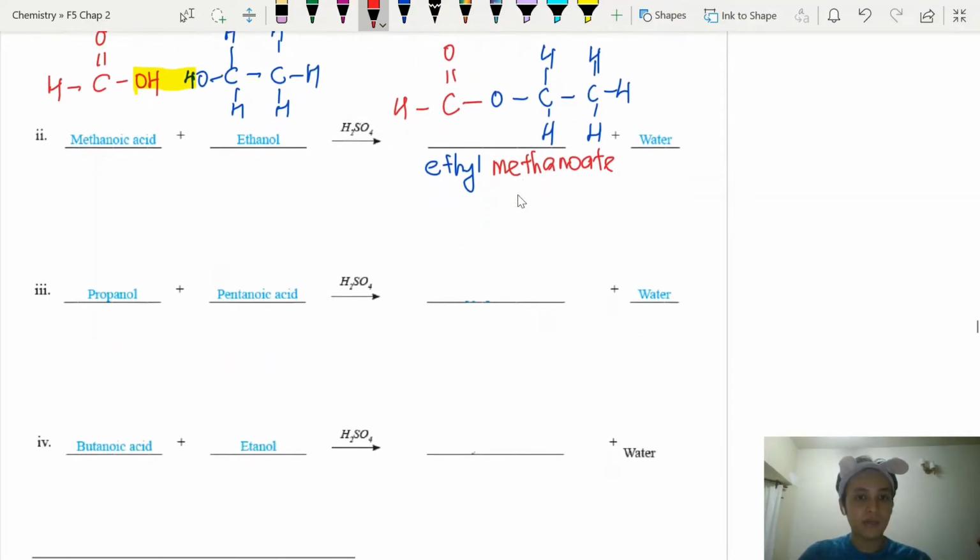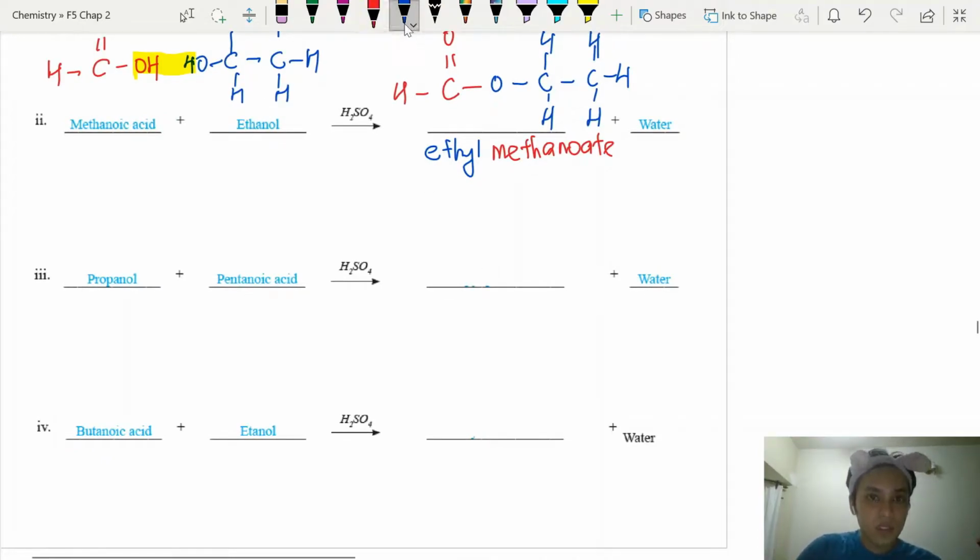Propanol. In this case, the alcohol is at the front. Remember, there's no fixed format saying that the reactants, the acid, must be in front. No such thing. You just need to know that in the final product, the ester, the alcohol name must be in front and the acid name must be at the back. So propanol is